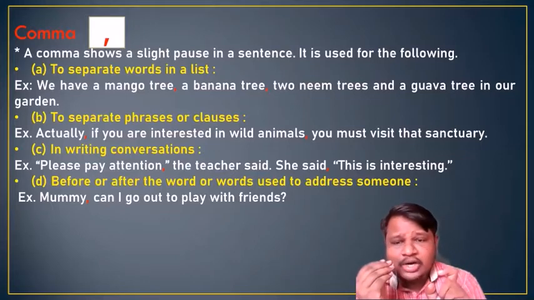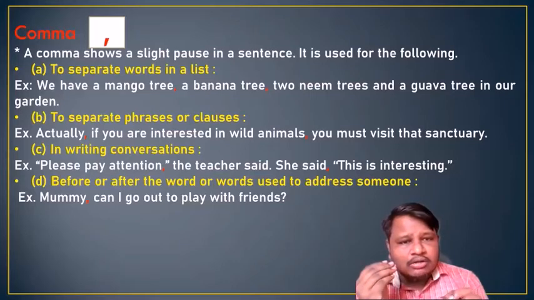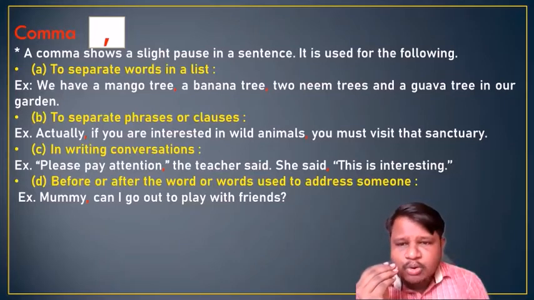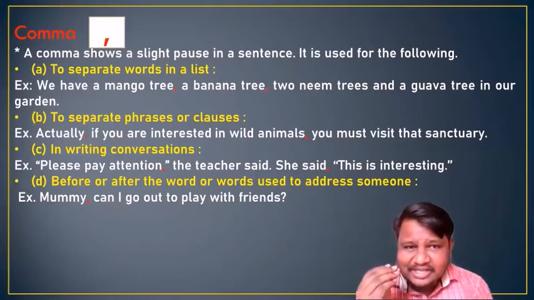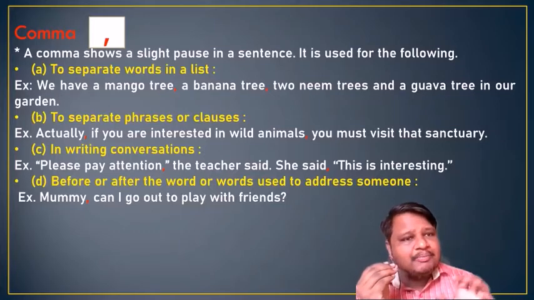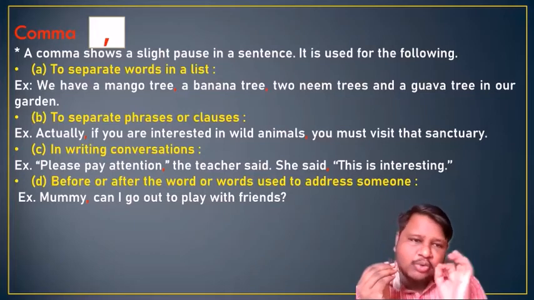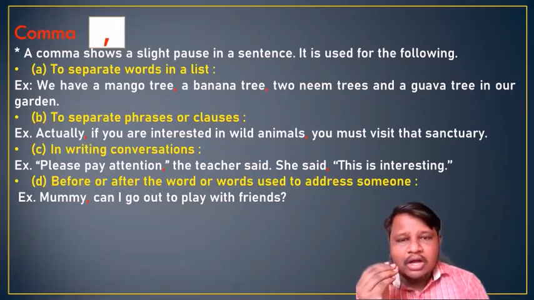Okay, what do we have to understand from this rule? When do we have to use a comma, this punctuation mark? When we want to separate some phrases from a sentence, or when we want to make separate clauses from a big long sentence, from a compound sentence, at that time we have to use a comma there. You can see in the sentence, after animal, in red color, this punctuation mark is used.